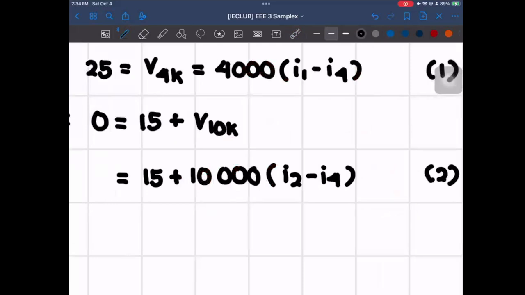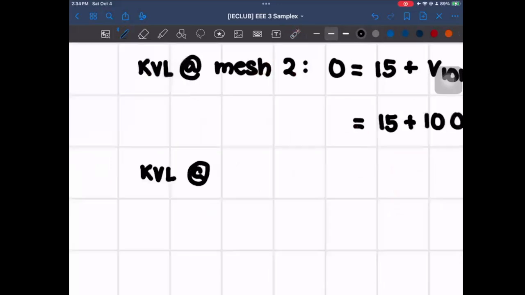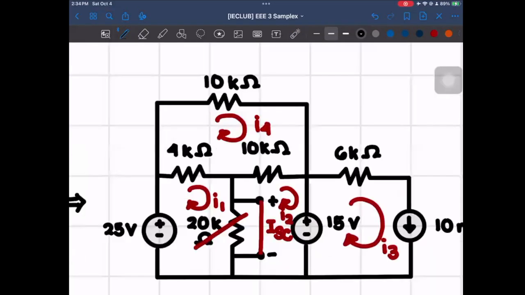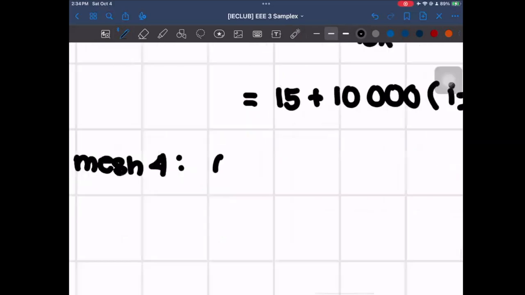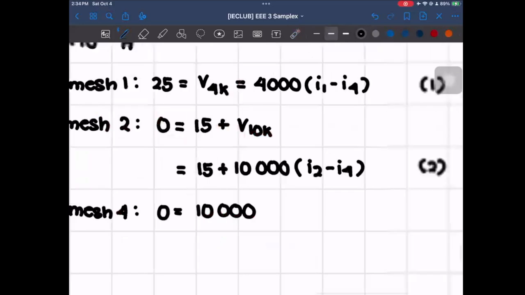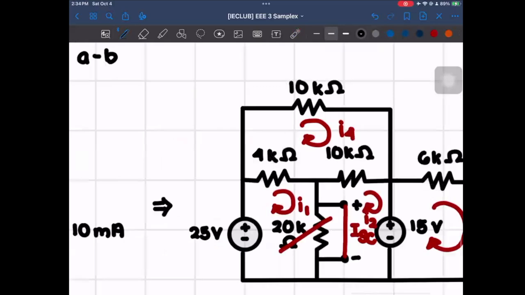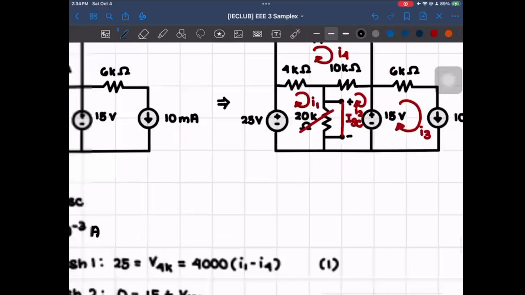That's the second equation. And then for KVL at mesh 4, this one is over here at the top, and they're all resistors, so they're going to drop. So these three will all be V drop. So it will be equal to 0 is equal to 10,000. I'll just go straight to I times R. I won't write the V10 already. But that's 10,000 times the current that passes through, so it's just I4. So it's going to be 10,000 times I4